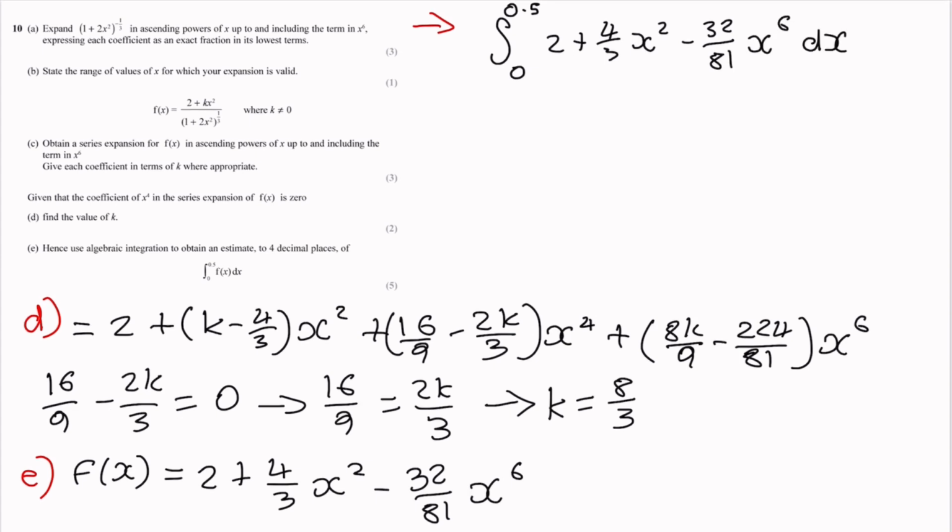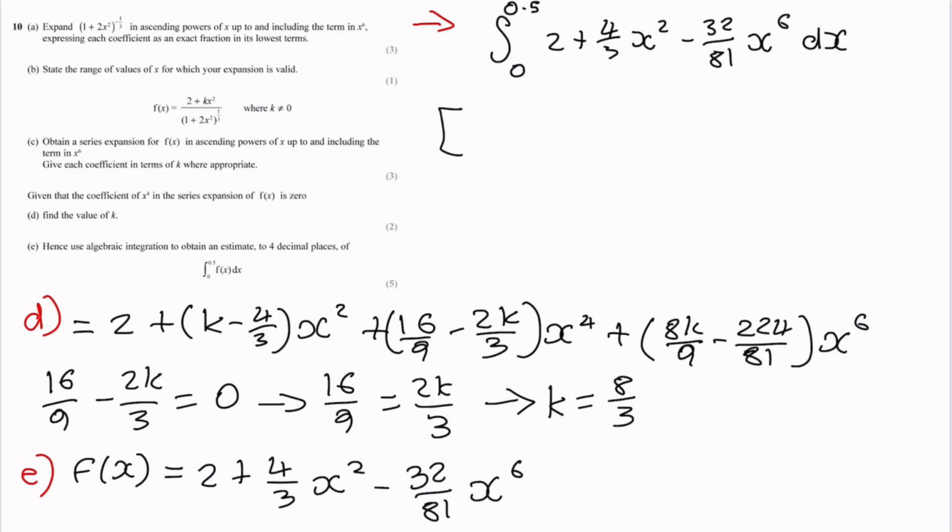So integrating this, I get 2x plus 4x cubed over 9 minus 32 x to the power of 7 divided by 567 between 0.5